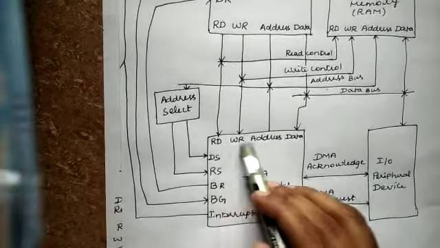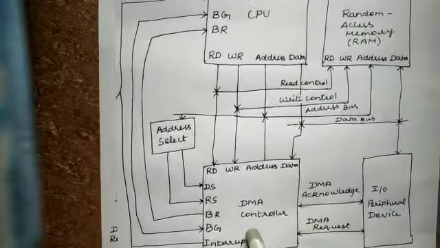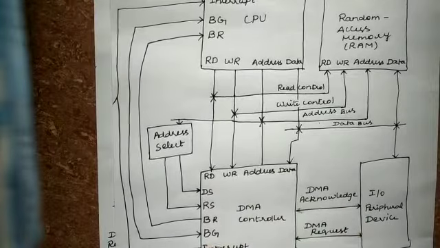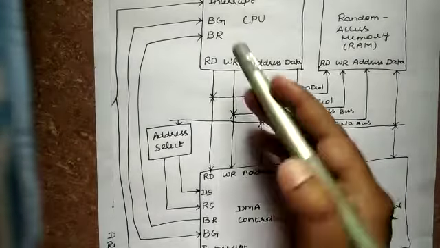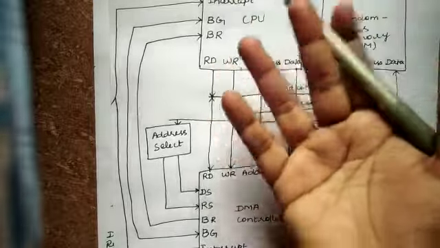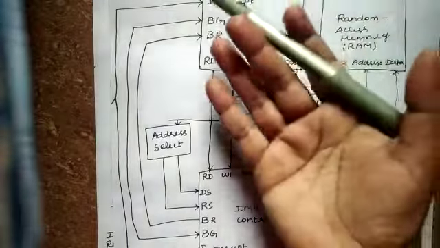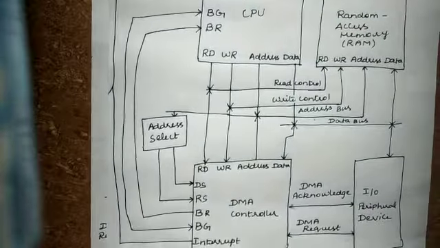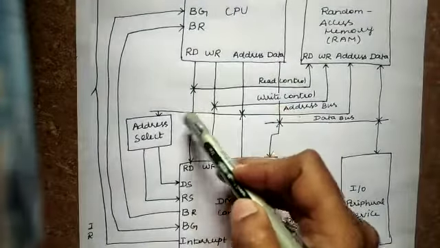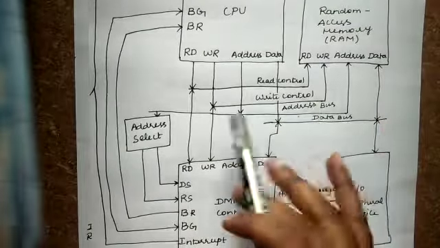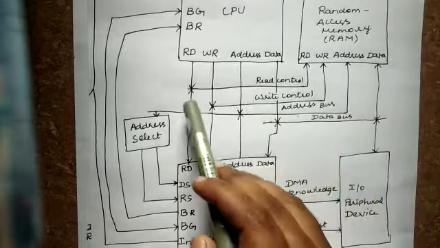Here we have all the control lines. In this DMA also it will have all the control lines as we have in the CPU. Whatever control lines the CPU has, the same controls will be there for the DMA, because whichever control lines are released by the CPU, the same control lines will be taken by the DMA. The read and write lines will be bidirectional, and the address and data buses are unidirectional.